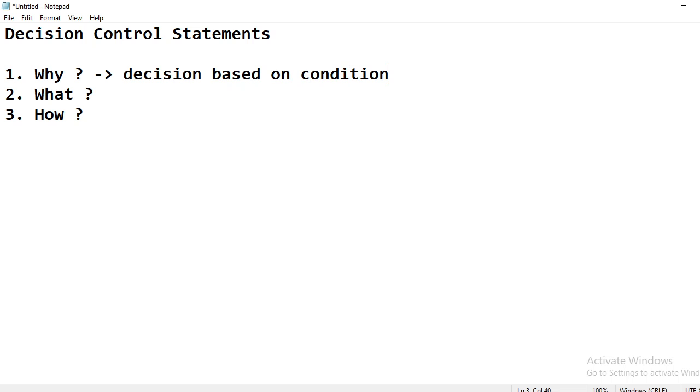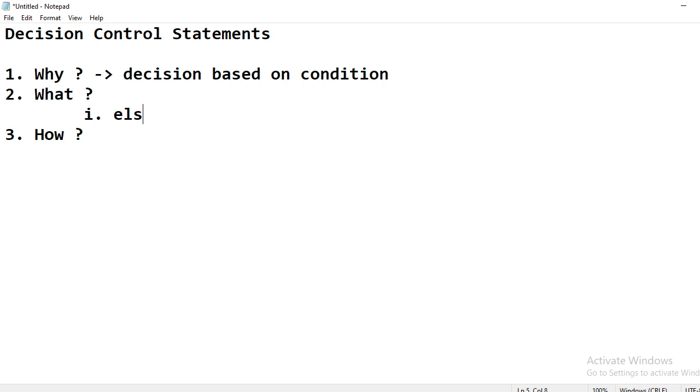It looks like rhyming words, decision, condition, but just forget that. Whenever we have to make the decision based on some condition, we will make use of the decision control statement. What are the decision control statements? There are 5 decision control statements available in the C programming language. Let us write it one by one.